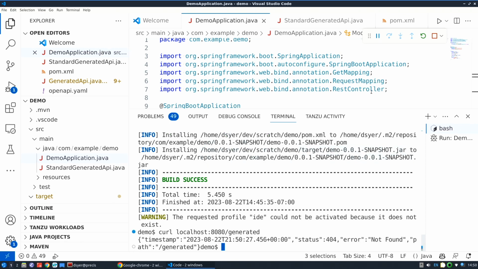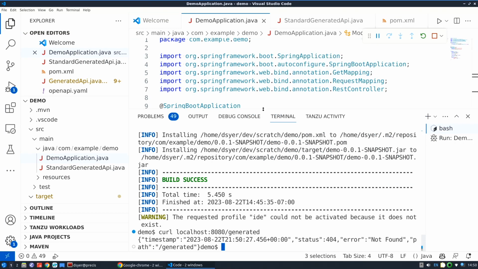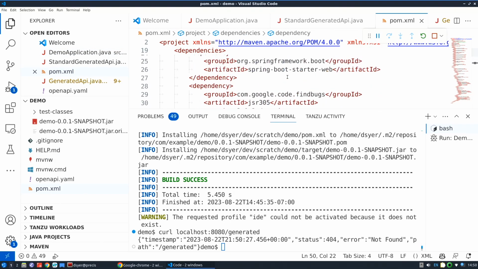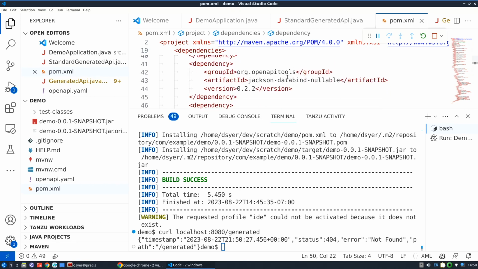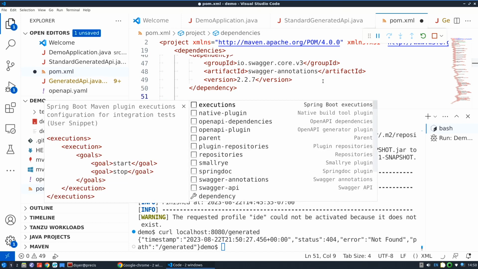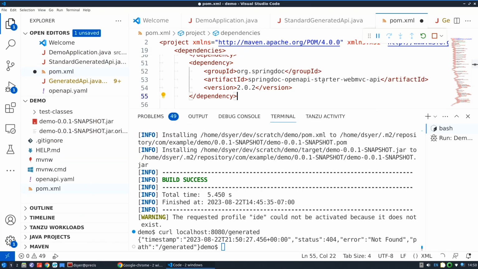Oh dear. Do I need to? I didn't think I needed to add this, but I can't think of a reason why that's not working. There's another thing that I can add that may fix it. I'm having problems because I screwed up that. So this is the Spring Doc API dependency. And I'm going to need that anyway in a minute, so if this fixes my problem, then I guess I'm happy. I'm also going to